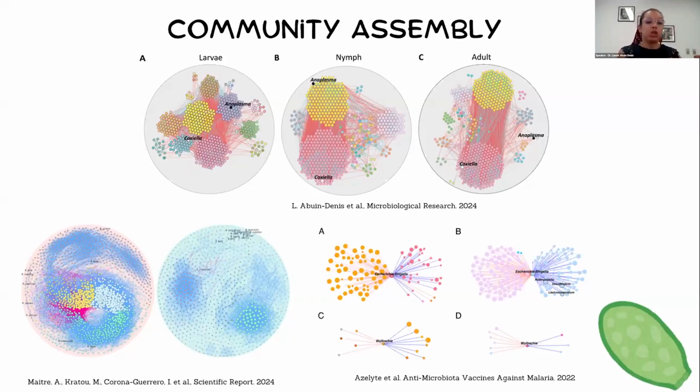We have nodes and connections. We can see how this connection, or this interaction, is dropping in one condition compared to the other. More than just visualization, we can also use this network approach to target the exact position of a certain pathogen, symbiont or bacteria in the community, and track how this target bacteria could move from one condition to another throughout life stages under the infection condition.